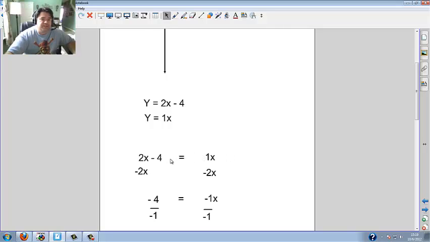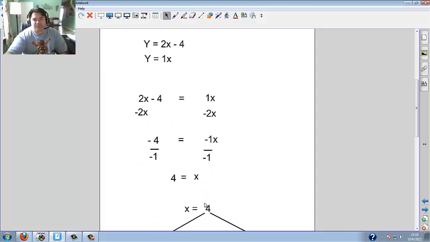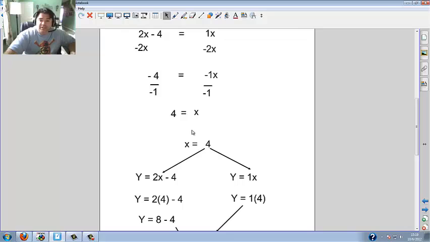I went ahead and did something different, just to be a little harsh, no good reason. I went ahead and subtracted 2x from both sides. Well, okay. And so I have negative 4 equals negative 1x. Then I divided by negative 1. I flip this sign. You've got to flip this sign. So if this side becomes positive, so is this. So x equals 4. If that's true, by the way, I can plug it into either one and get the